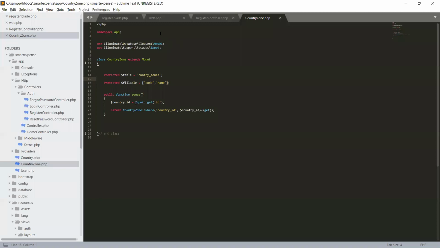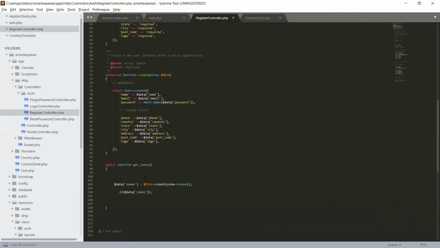Okay, let's go to our model, country model. Here, table country, here is the mistake, a typing error, see country zones. And in the register controller let's dump our id, input get id.